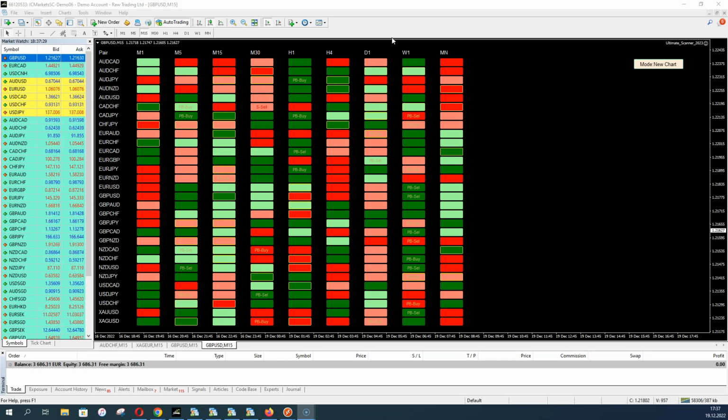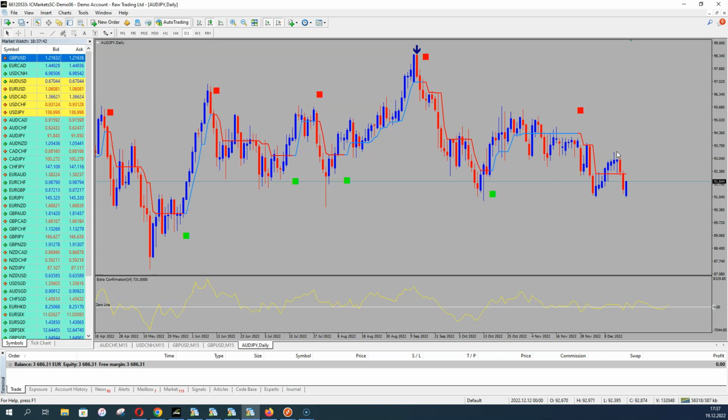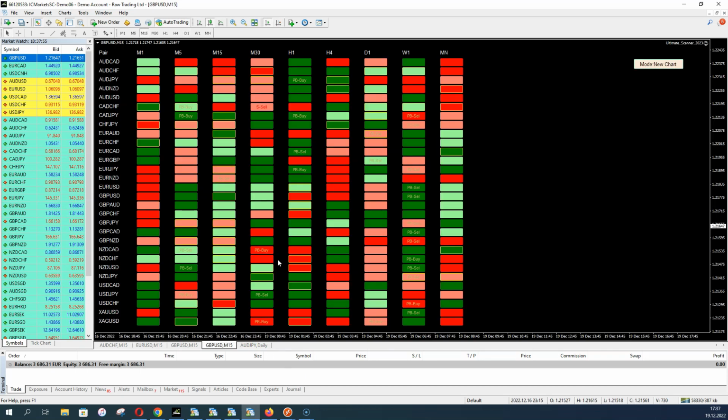And I show you this on the daily time frame. So Aussie yen, I click on this dark red box, and what we want to see is a strong sell trend which lasts for a while. I click on it, and then you will maybe think, there's a red box, but there is no arrow on it, and there's a green box and there's no arrow on it. The Ultimate Scanner is doing wrong things. No, it is not. The Ultimate Scanner told you on the Aussie yen daily time frame there is going on